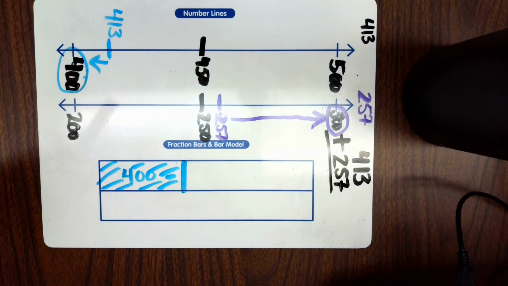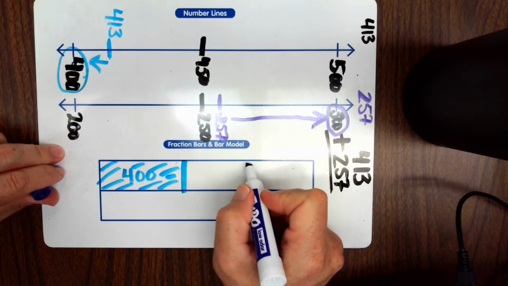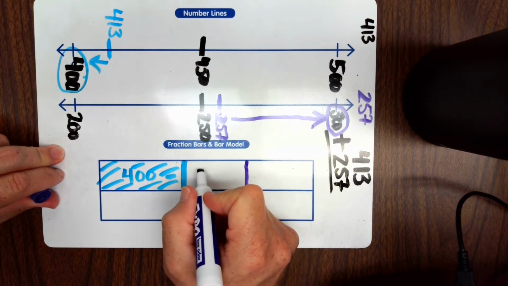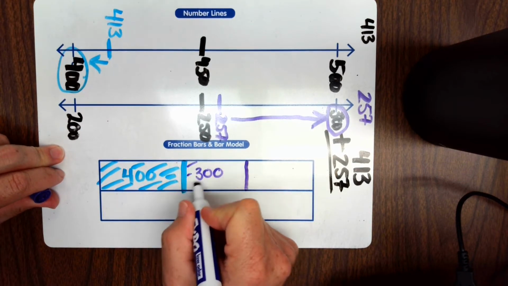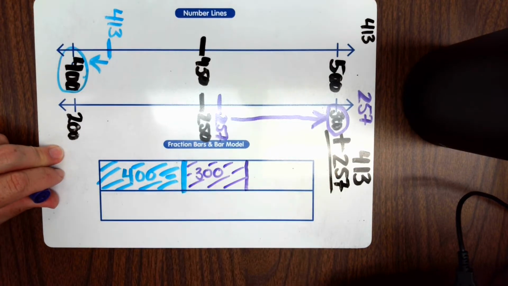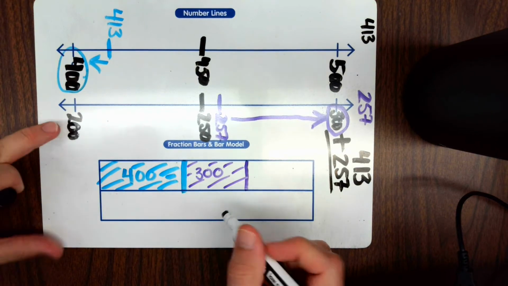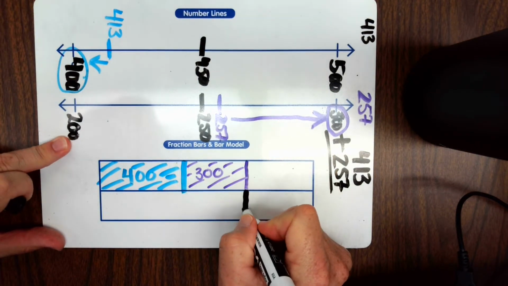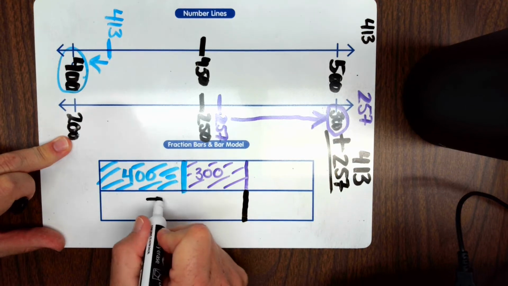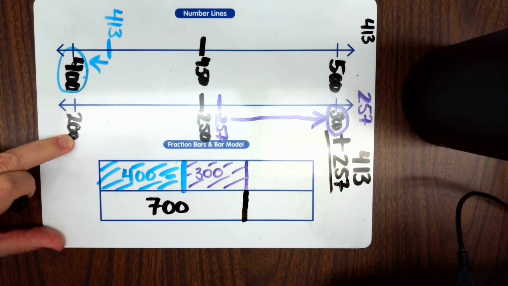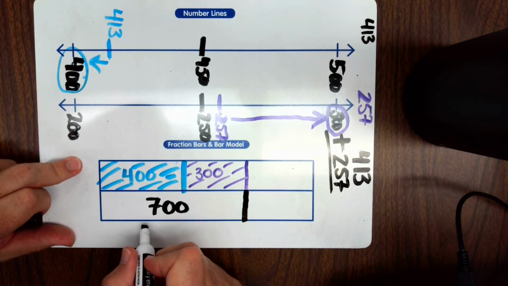And then I take my second number, which we decided we rounded to 300, and I will mark that here as 300. Then, when we add those two together, we will have a total sum of 700, which will be our estimate